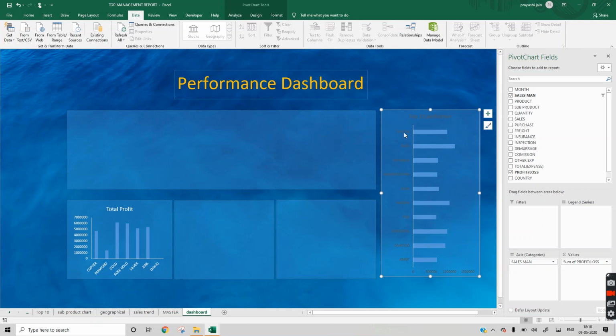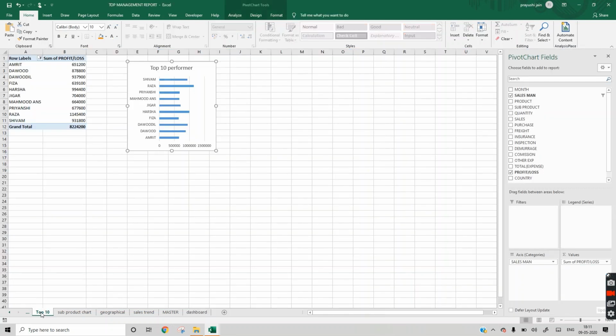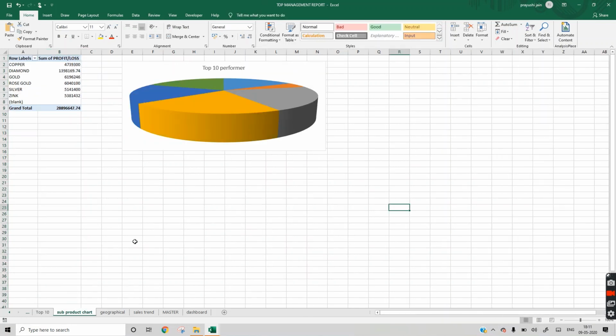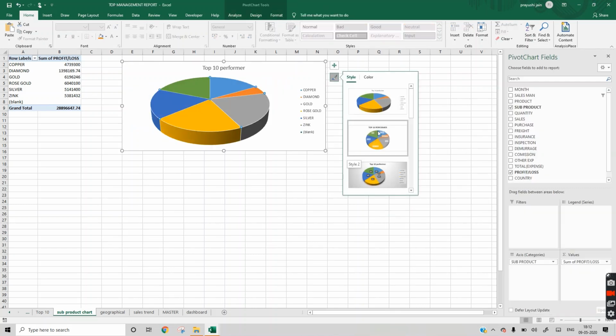We will remove these lines. Chart style we can change from here.